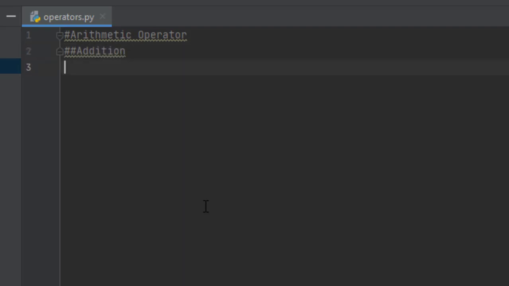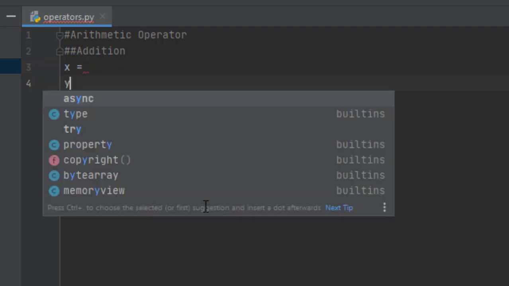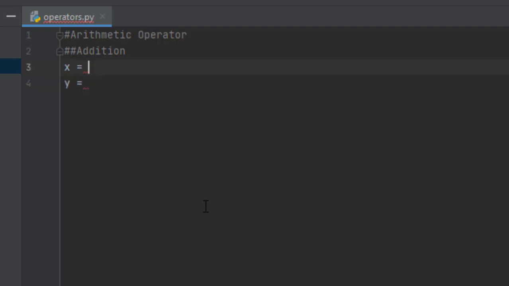So what is addition? You basically know that the sum of two or more variables is addition. We are going to do all the operators on two variables. Suppose one variable will be x and the other variable will be y. I told you about the input function, so let us say our value will take an input, and we are giving a message. Anything between double quotes is a message.